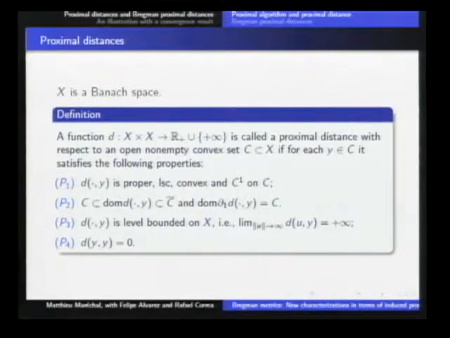Actually, it is metric-like, distance-like. The properties P1 and P3 are to ensure that all the iterates exist. P2 is to ensure that the iterate belongs to the interior of C, which is an open set. And P4 is to obtain that if we have a fixed point, we obtain a solution.